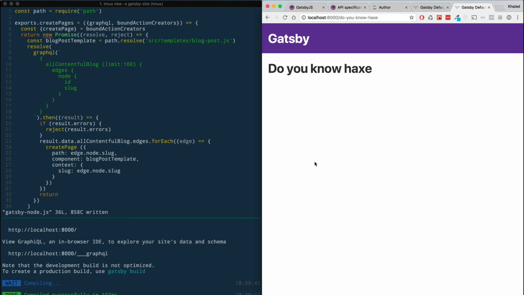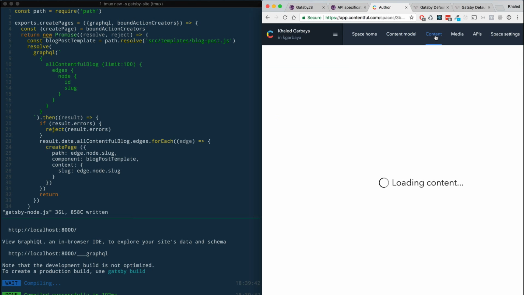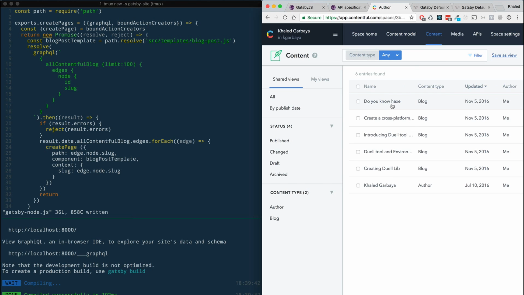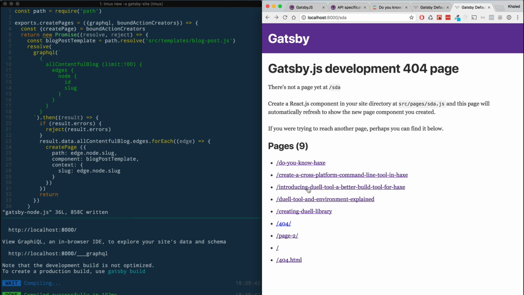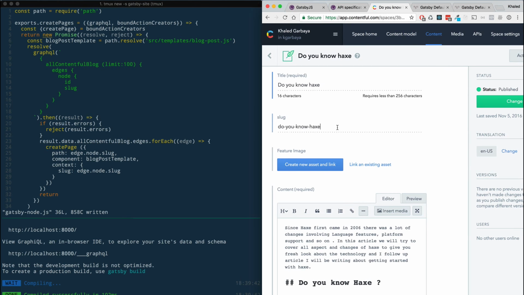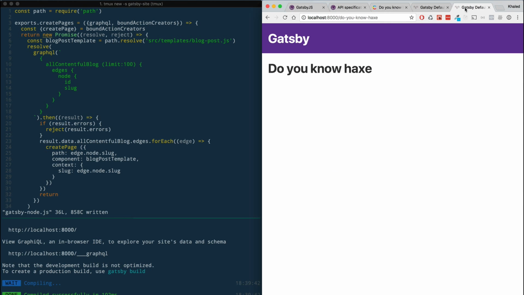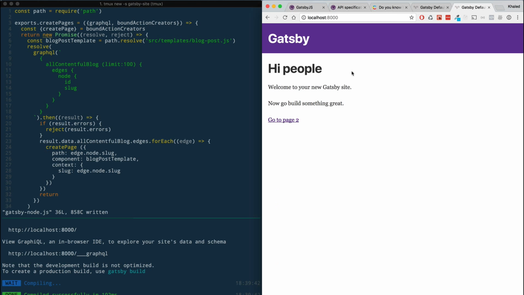So if you go here, this is one of the blog post titles, and here again. Then if you go back to Contentful and check our content, these are the titles. So for example, "Do you know hacks?" And it's here. Then we can also check the slug, which matches this slug. So that's great, but we need to